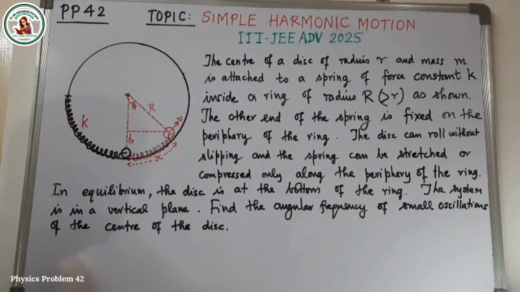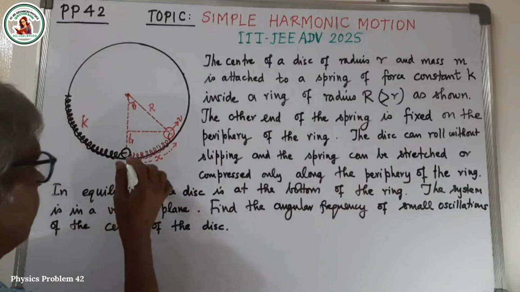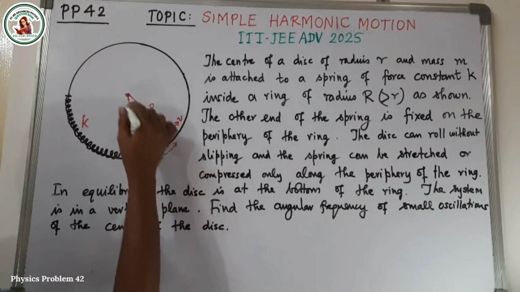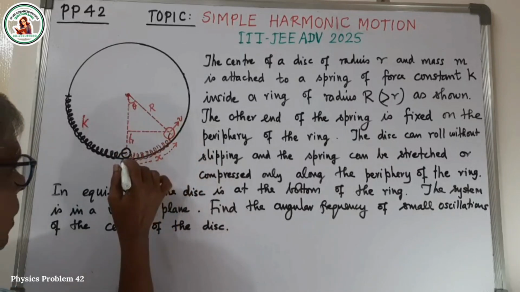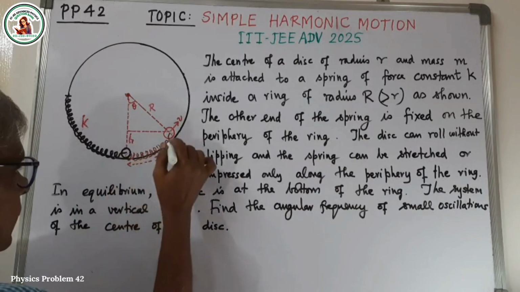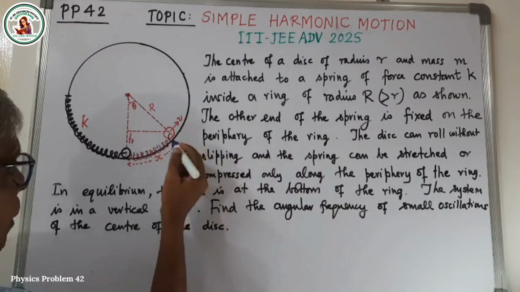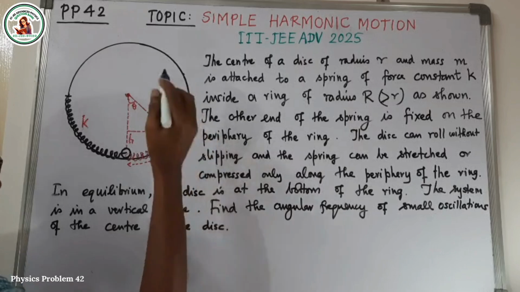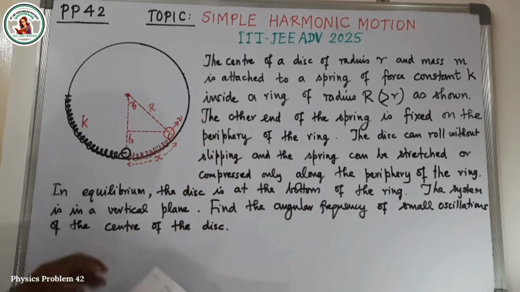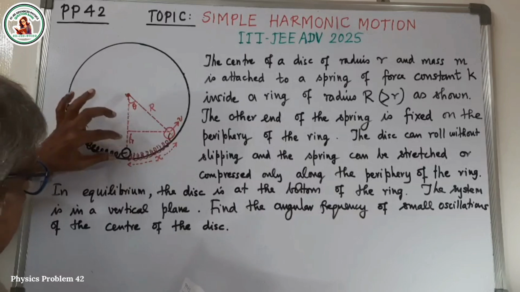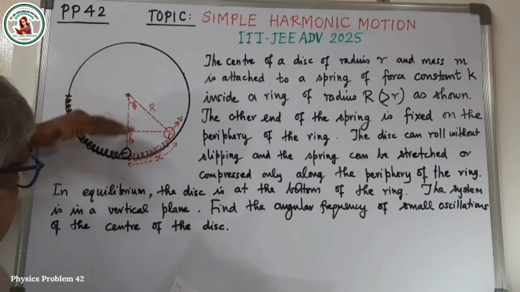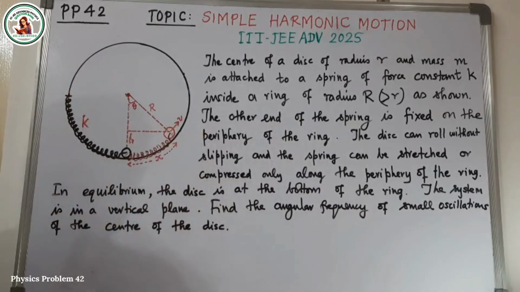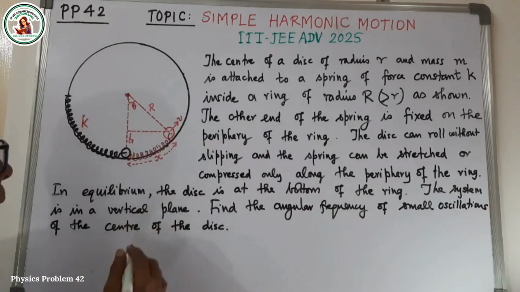So, energy conservation. Now we assume that the disc is displaced through an angle theta, which I have marked on the diagram. This gives an elongation to the spring equal to x. Due to that displacement, the disc has a velocity v at that instant, and it has also risen up by a vertical height h. So x, v and h are all marked. In terms of these, the energy equation is